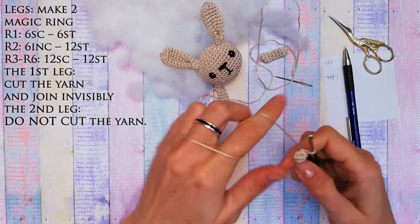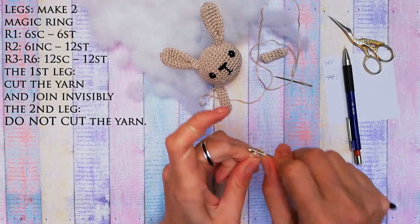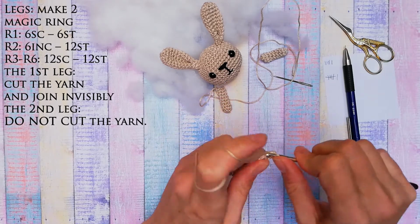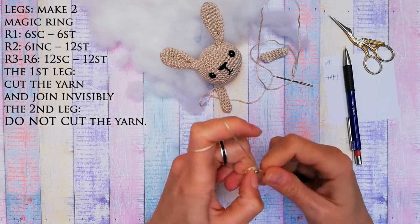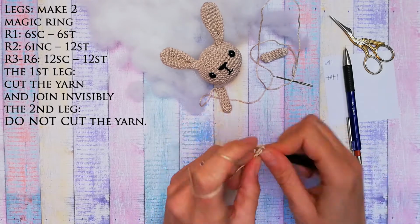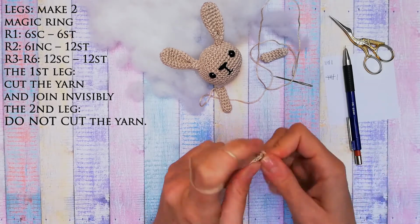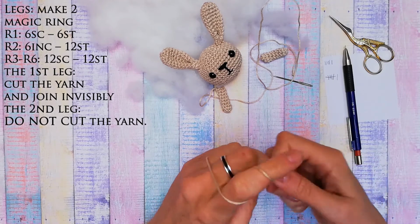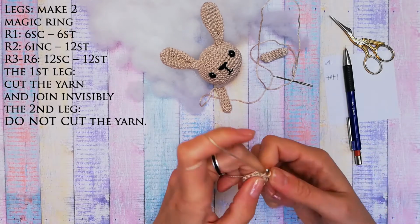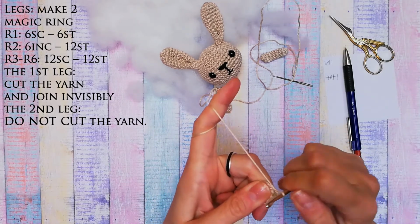Now row number 2 is actually 6 increases. An increase is just 2 single crochets in the same stitch. So that's 1, 2, 3, 4, 5, 6, 7, 8, 9, 10, 11, 12, and joining it with the first stitch on the slip stitch,